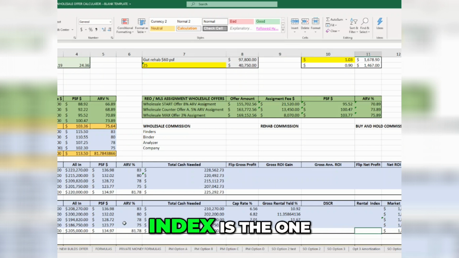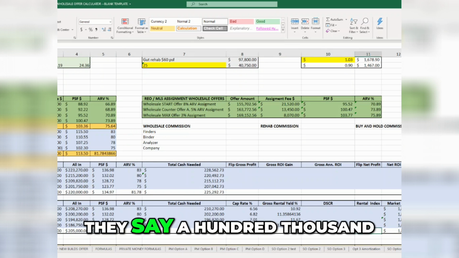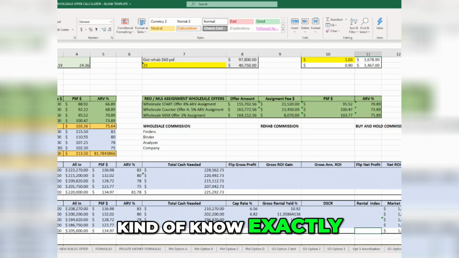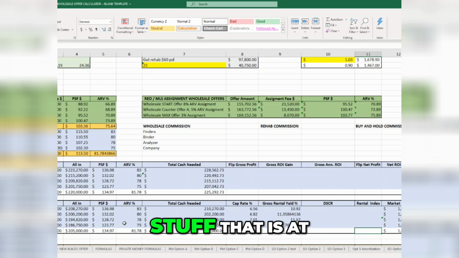And then the rental index is the 1% rule. You know, they say 100,000, the rent should be 1,000. That's what that rental index is going to be. So it's either going to be like 0.98 or 0.6 or 1.2. That way you kind of know exactly. Some guys will say, hey, I'm a 1%er guy, meaning I only buy stuff that is at least 1%. So you know right away where he's at once you plug that in. And then